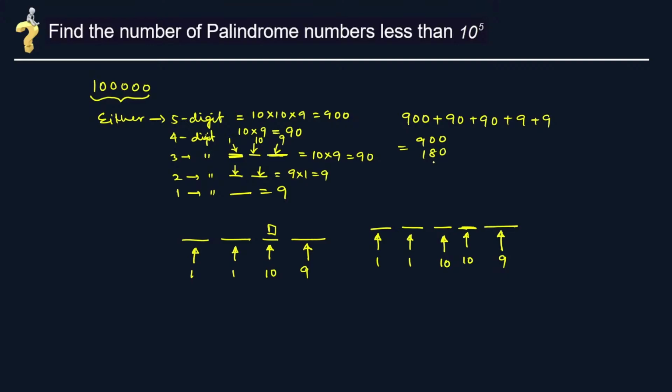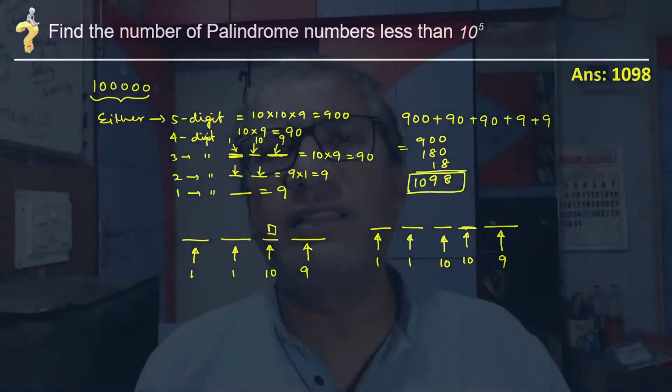900, 180 and then 18. So it's 891098. So how many palindrome numbers are there which are less than 10 to the power 5? It is 1098. Have you understood? So if they ask you how many palindrome numbers are there below this number,